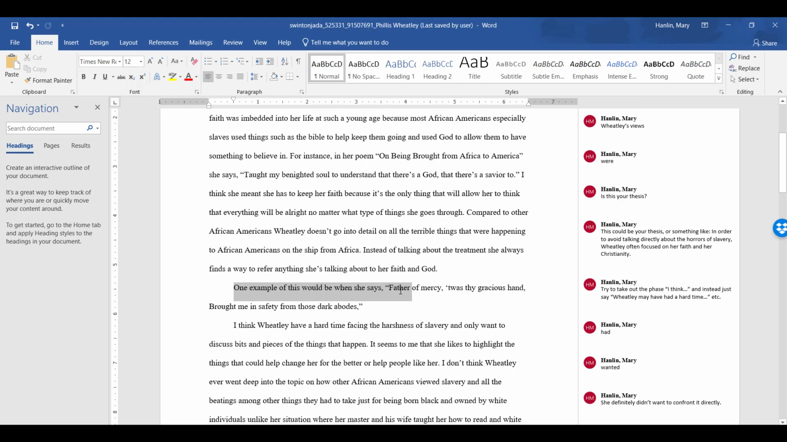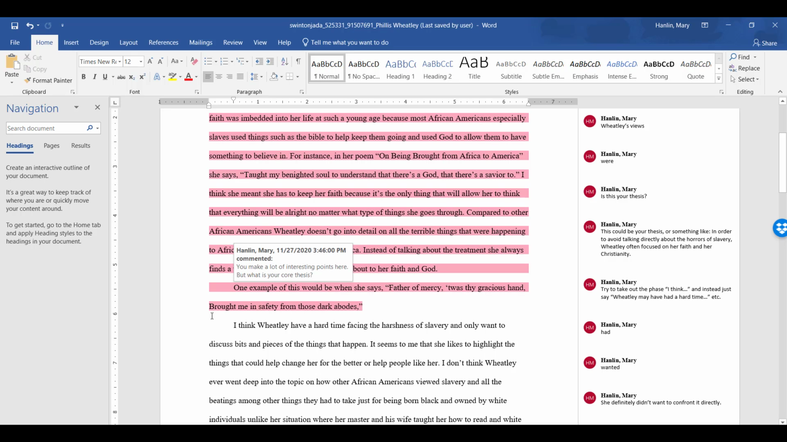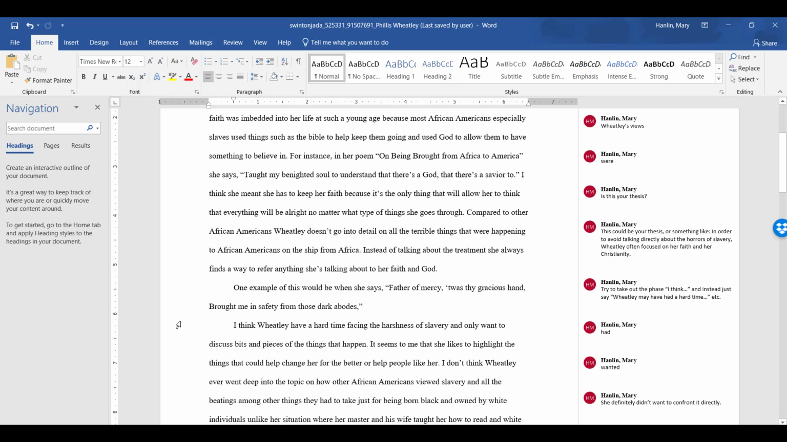"When the Father of Mercy, 'twas thy gracious hand brought me to safety from those shores, dark abodes." So the first thing is, in this line, you want to make sure that you're alluding to where you specifically got this poem or this line from. It's obviously not from "Africa to America." So you would say, one example of Wheatley maybe ignoring slavery but referring to Christianity comes from the poem, where Wheatley says, "Father of Mercy, 'twas thy gracious hand brought me to safety from these dark abodes." Now, you really want to have a period right here, and what you want to do is right after here, add a line something like, in this line,